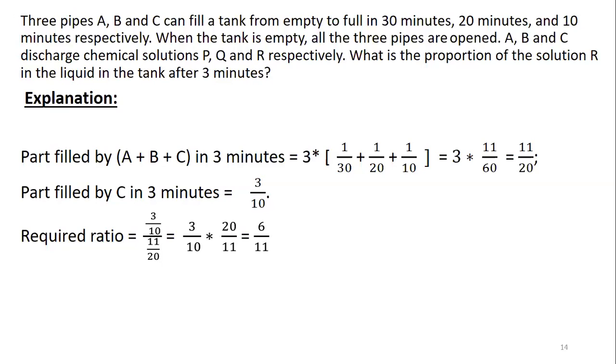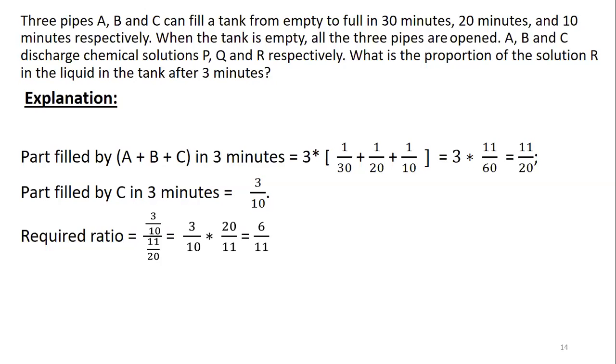So here, say for example, you are in a beverage manufacturing company. So water, the essence, then the sugar, like that, the 3 chemicals or 3 substances need to be mixed. Each and every substance will have a percentage or a formula for the mixing proportion. So now the 3 pipes have to fill the tank in the same time, but at different speeds of operation. Now they are asking for a ratio.